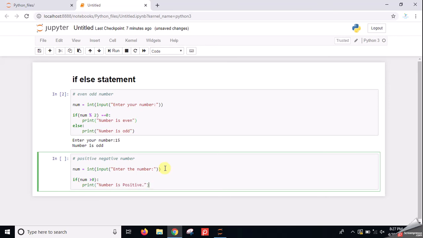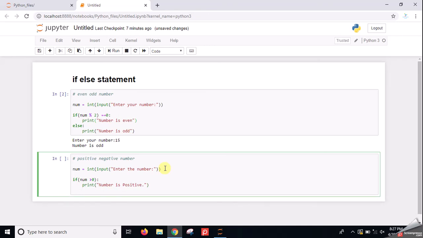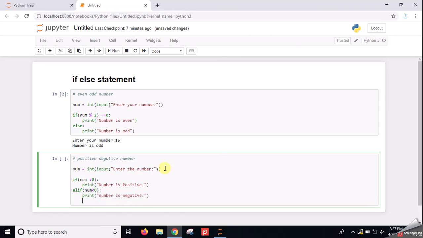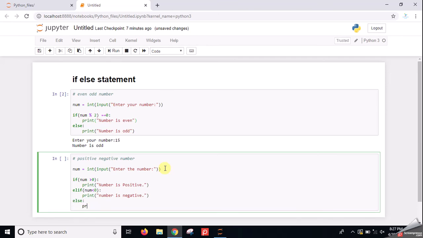Okay, fine. Now I have to use another condition that if the number is less than 0, then it will print that the number is negative. And then in the else part I will print that the number is 0. I am giving all the possible conditions.